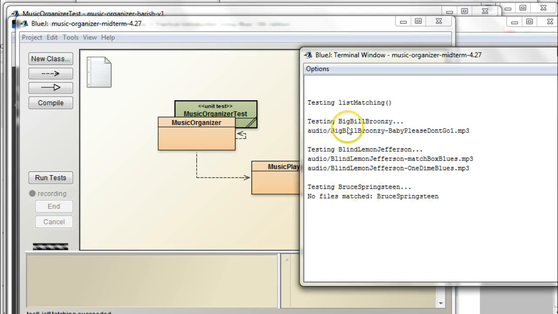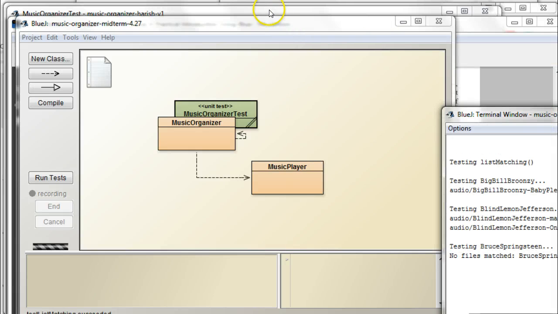You should see it makes the matches where it has matches, but if there's no match, then you want it to come up with this message, no files matched. Bruce Springsteen's not on the list of testing stuff, so it's not going to be there. So right now, if we do that on yours,